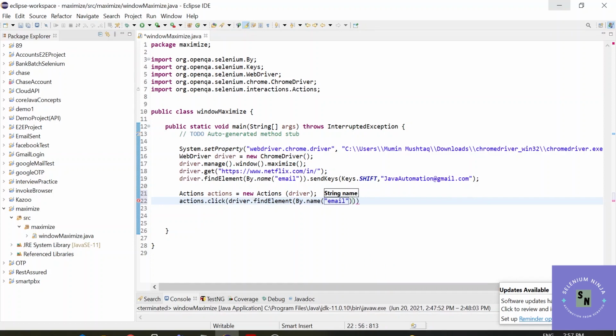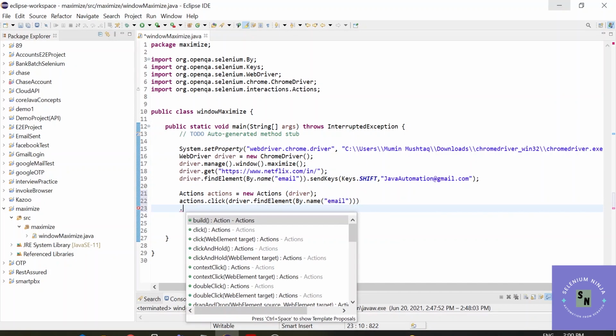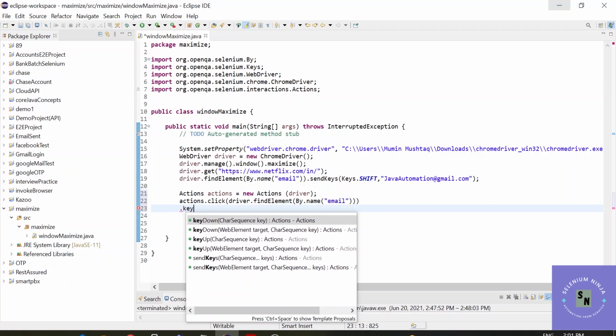Okay, now enter. When you want to select everything, you press Ctrl A. So right now you have to tell Selenium to press Ctrl A from the keyboard. But how are we going to do that? We have a method for that. We are going to use the enum Keys. keyDown,